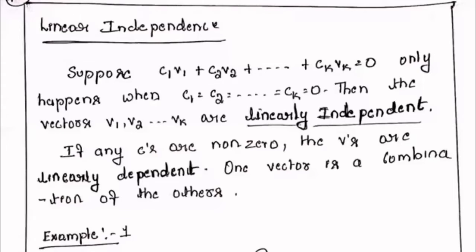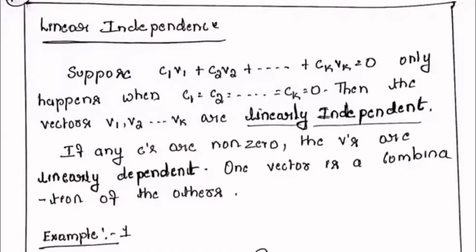Suppose we solve some problems like matrix A multiplied with x1, x2, x3. Column 1 is multiplied with x1, column 2 with x2, column 3 with x3, and like that we solve the equations. So we get some values of x1, x2, x3. If you are able to get x1 equal to 1, x2 equal to 2, x3 equal to 3, then it is linearly dependent. If you get a solution only when x1 is 0, x2 is 0, x3 is 0, then those vectors are linearly independent.